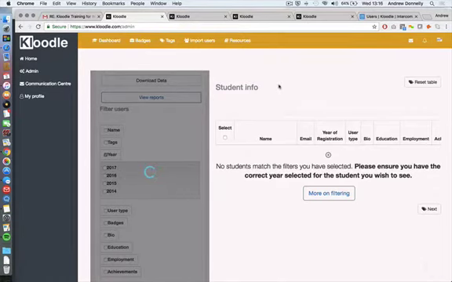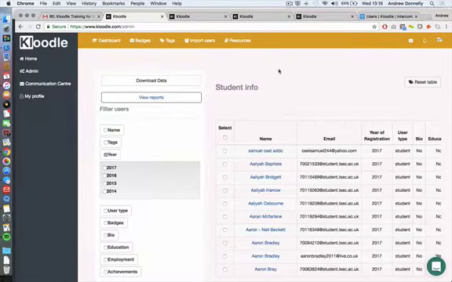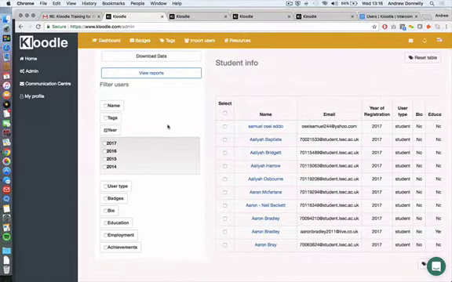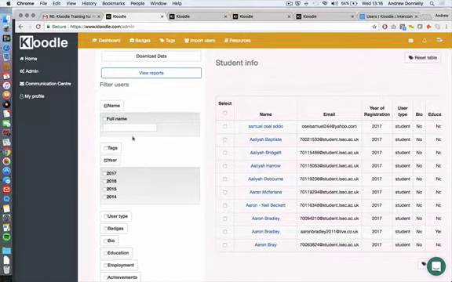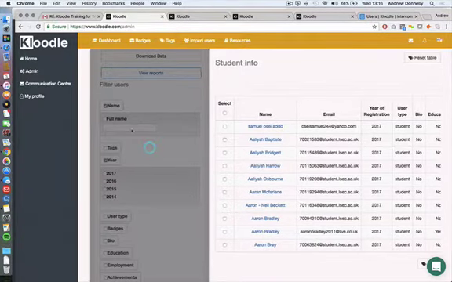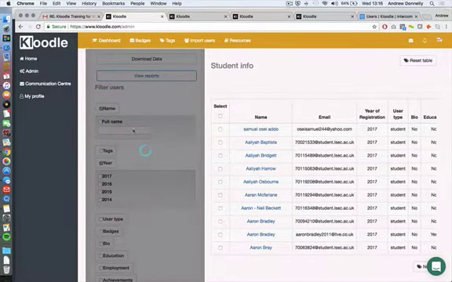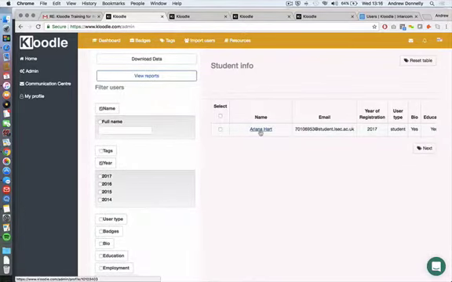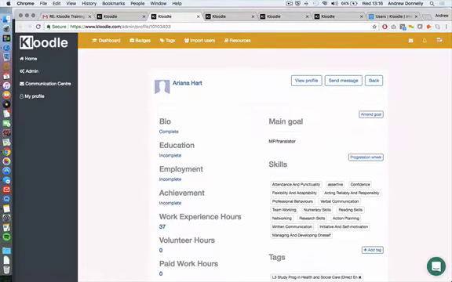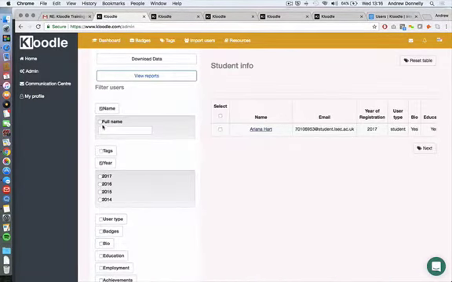Once you've clicked on admin, this would be the screen that you see once this section loads. So if you know you're going to see a particular student, then you can simply type in their name into that section. Sorry, I went a bit quickly there, didn't I? If I go back again, once I've typed in the name,